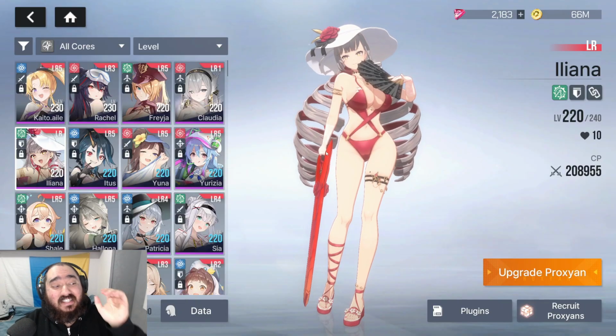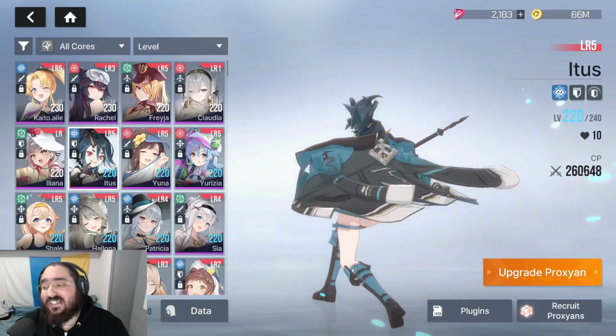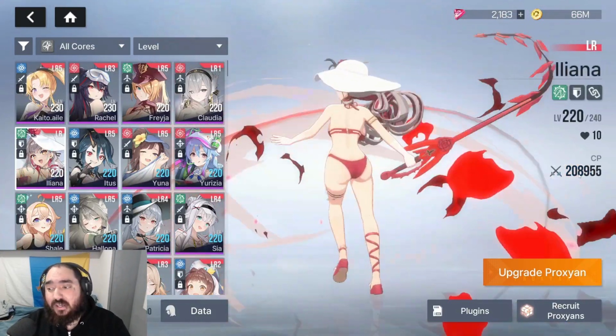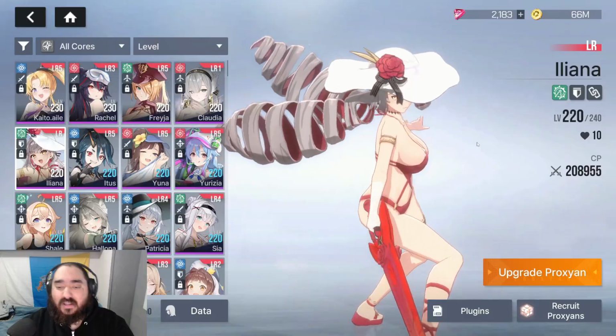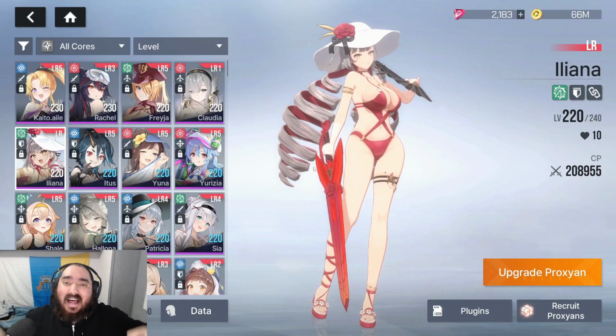Let's talk about why this is the best tank in the game and is doing better already than my Itus, who is LR5 at 260k CP versus 200k only as LR. Just got it as an LR. This is the first time we get an actual tank, an actual character that feels like it can tank anything coming her way. There's multiple reasons for this, but before we start, as usual,